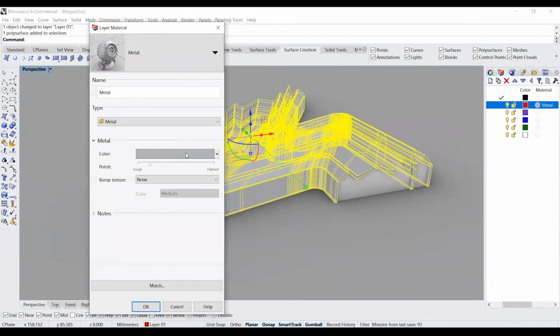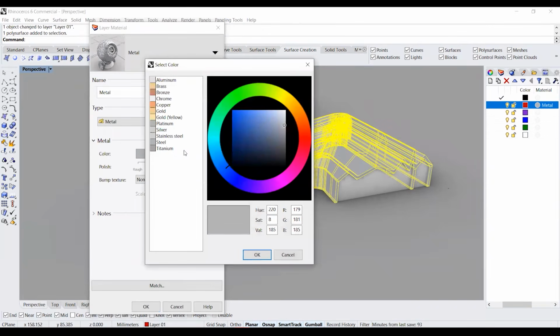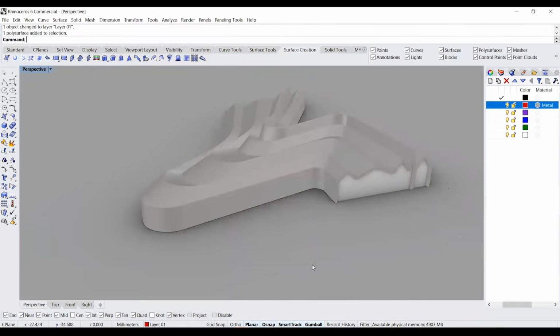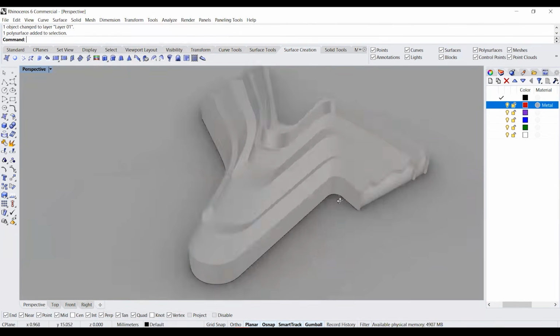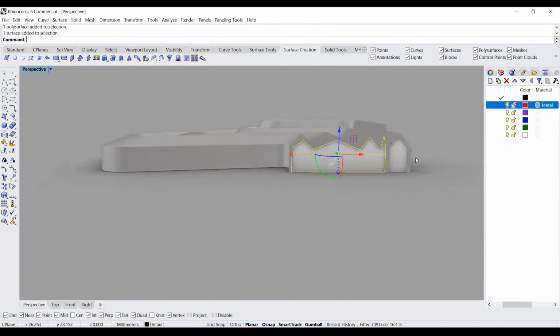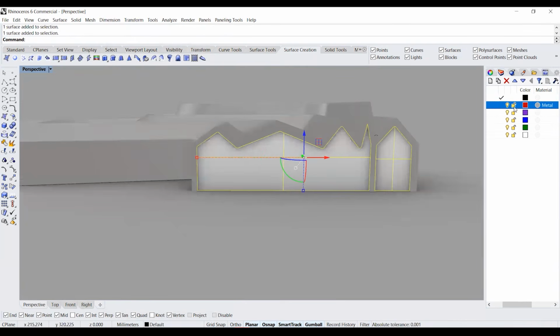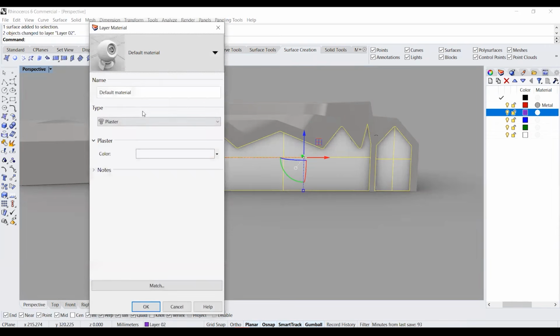Color sensitive light, so we can just change it again. Change the color for this, and we can make this into glass.